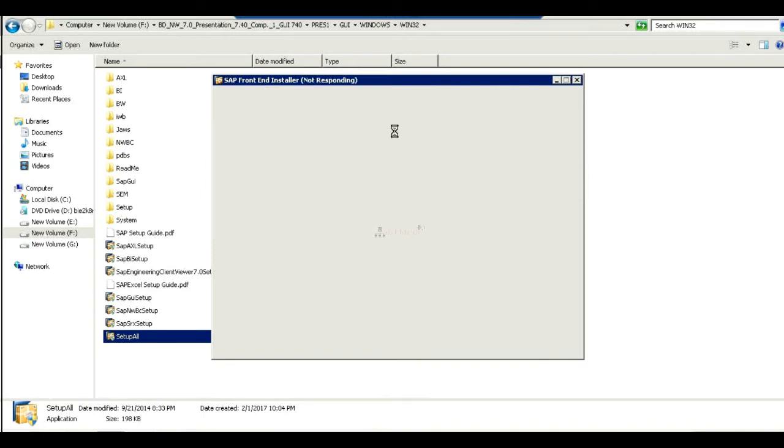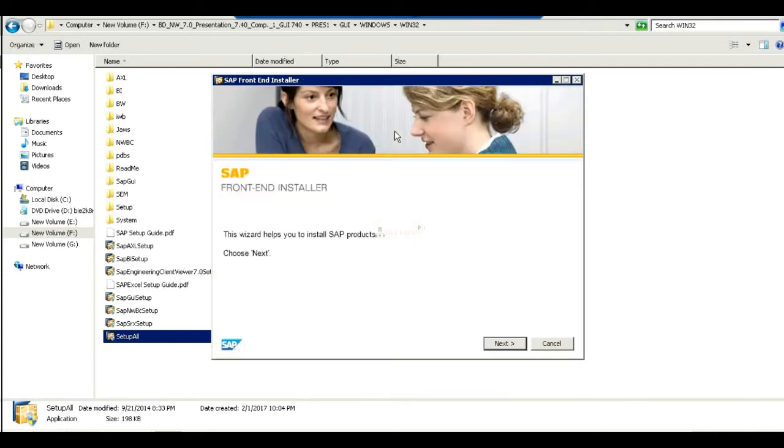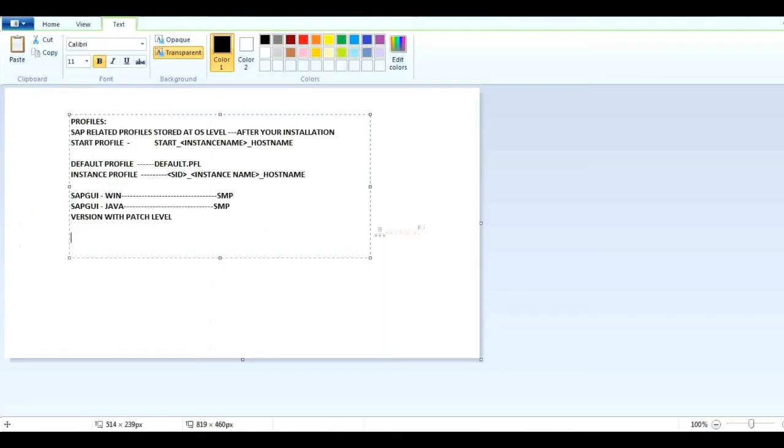To start and stop SAP, the only connectivity is MMC. Good question. If you are using a Windows operating system, once your installation has been done, you will get SAP MMC, right?